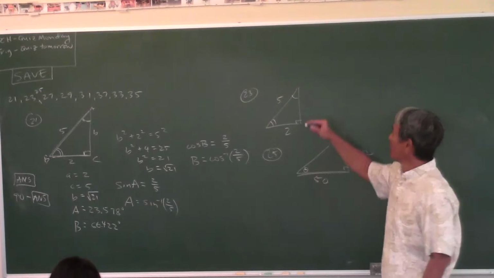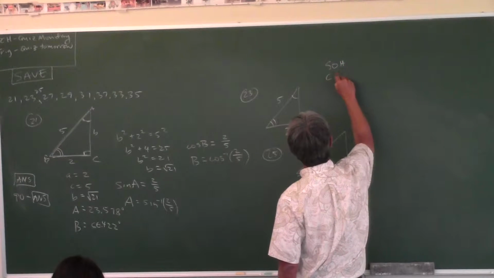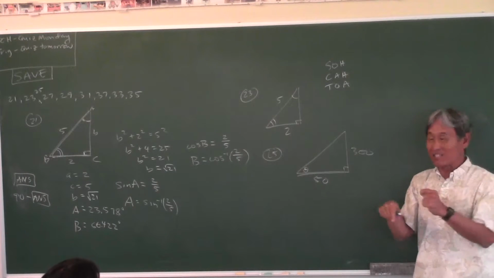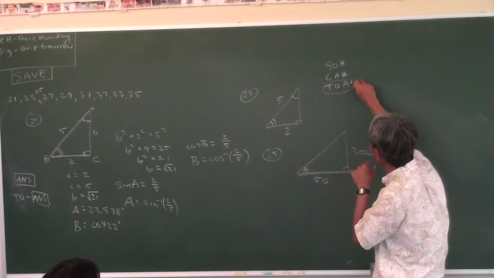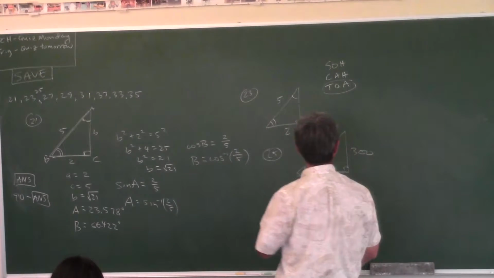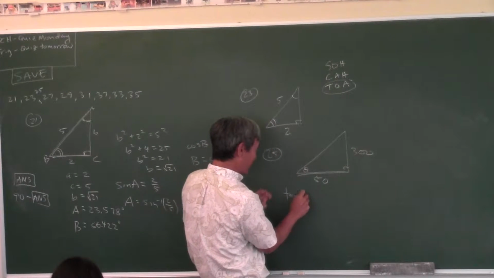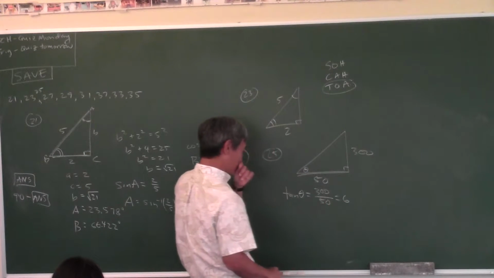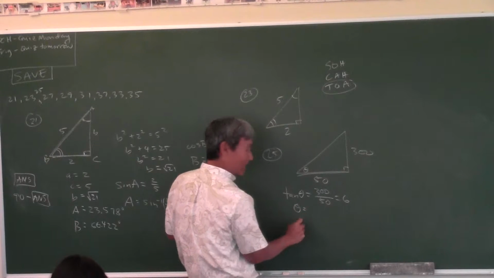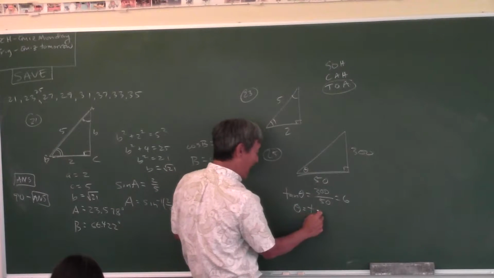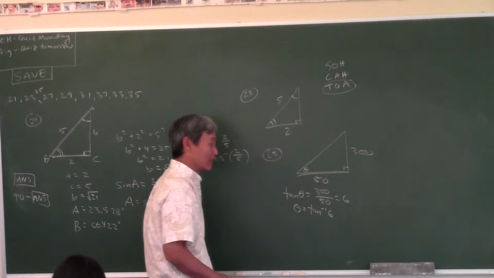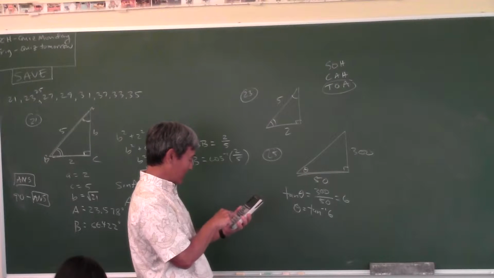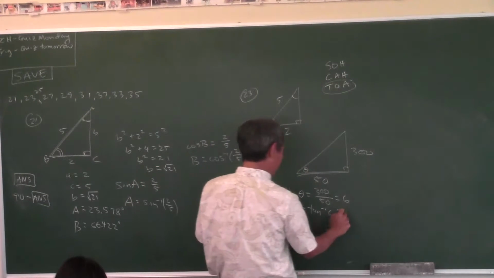Okay, you know what? Some of you, write this down on your paper. SOH CAH TOA. Which one of these 3 has opposite and adjacent in it? Right there. Okay, so I'm going to use tangent. The tangent of this angle that I'm trying to find is opposite over adjacent, which comes out to 6. So how do I find this angle on my calculator? What do I have to punch in to find the angle? Tan inverse 6. So you take out your calculator and you go tan inverse 6. And I get